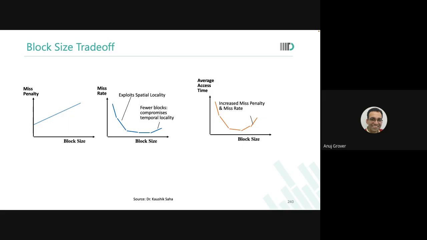What's the time required to fetch the entire block? Suppose it goes to the cache, and if not found, then it goes to memory. Miss penalty, you may say, is T miss of the hierarchy. The time that you need to get the entire line from main memory into your L3 cache, that is T miss. Okay, that is the miss penalty.